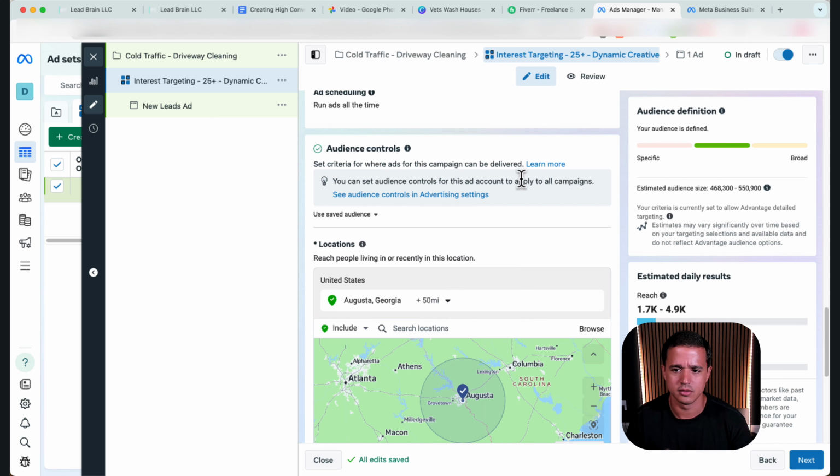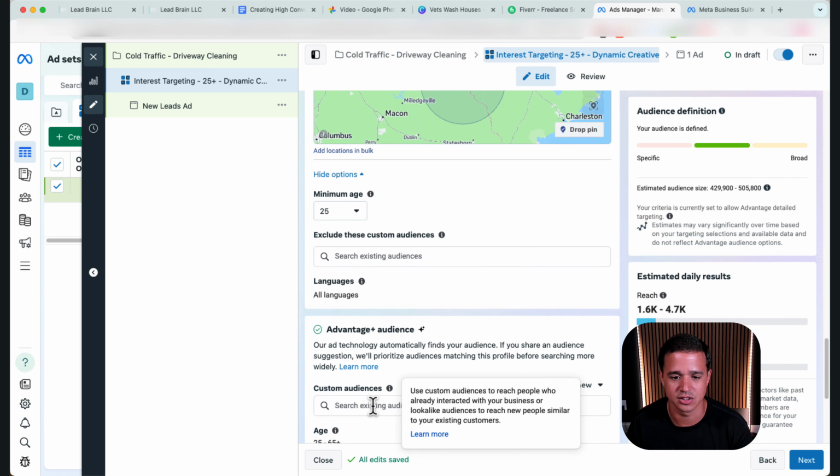In general, the more audience you have, the better. Now you see here you have estimated daily results of 4 to 16 leads. I don't believe anything that Facebook says here. It just has never been accurate. That'd be great if we had 4 to 16 leads a day, but I don't think we really are. And that'll start to change as we move things. So right now we're going to move the minimum age to 25, and that's going to change. Oh, didn't change much. And then we're not going to exclude audiences.